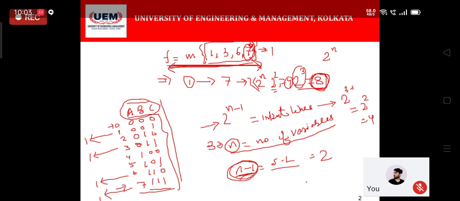So we require a multiplexer with 4 input lines, 2 select lines, as n minus 1 represents 2, and 1 output line. That is the basic requirement of our multiplexer that we came to know from using these three different formulas that we have created for representing the multiplexer.